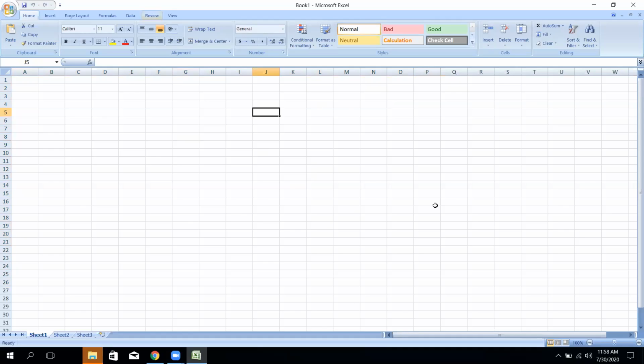Let me introduce this program first, because we have not visited the practical classes of Microsoft Excel, right? It has been written here A, B, C, D, A to Z, every letter has been included as a column, and 1 to 100 rows have been added. So the combination of different rows and columns is called a worksheet, and that worksheet is known as a database program also.